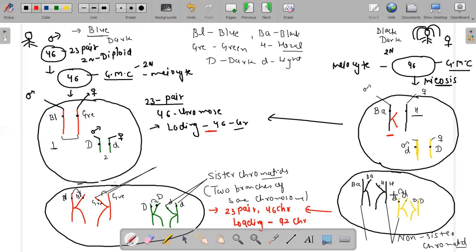Because everything is double, and I told you that you cannot write 92 chromosomes at any stage. There is double loading. You have studied cell cycle and cell division. There is a phase known as the replication phase of DNA, or synthesis phase of DNA. In that phase the loading is double, the amount of DNA is double. Here the amount of DNA is 2C, and here it is 4C. The amount of DNA is double, but the number of chromosomes and pairs cannot be double. If it were, the human would change to some other species.